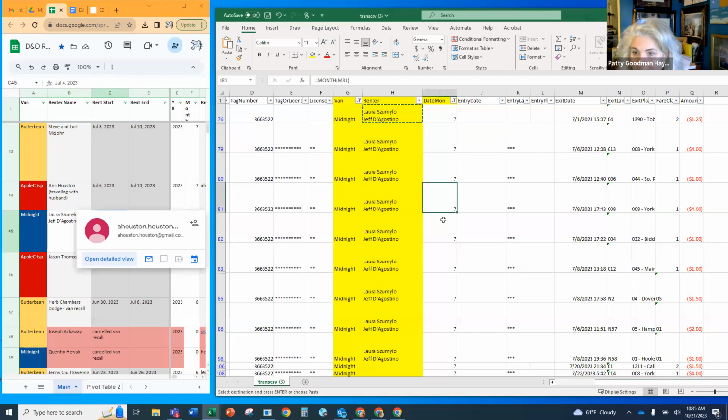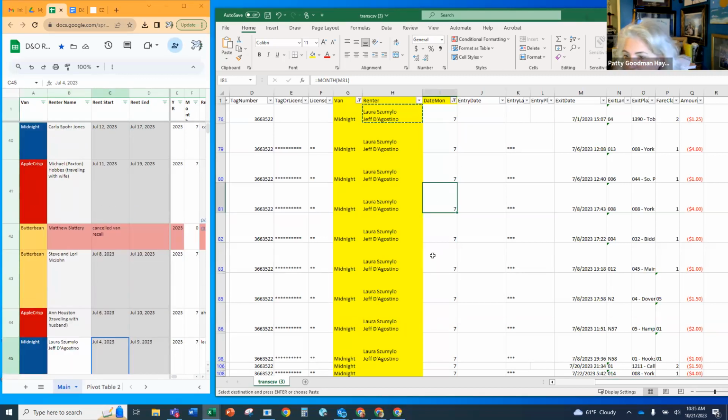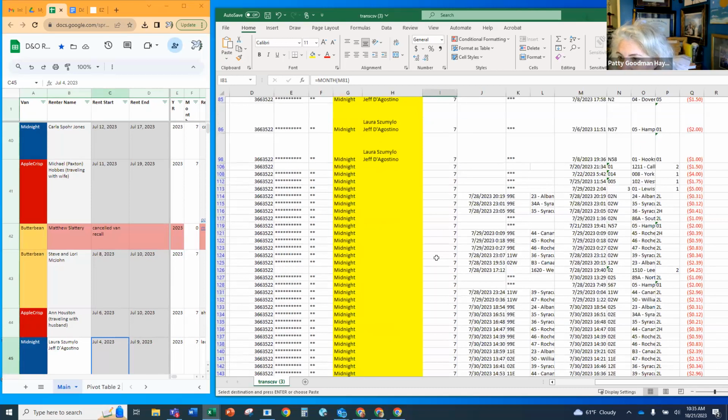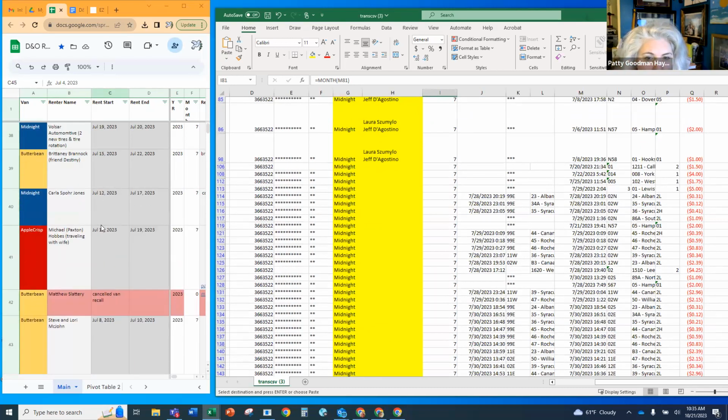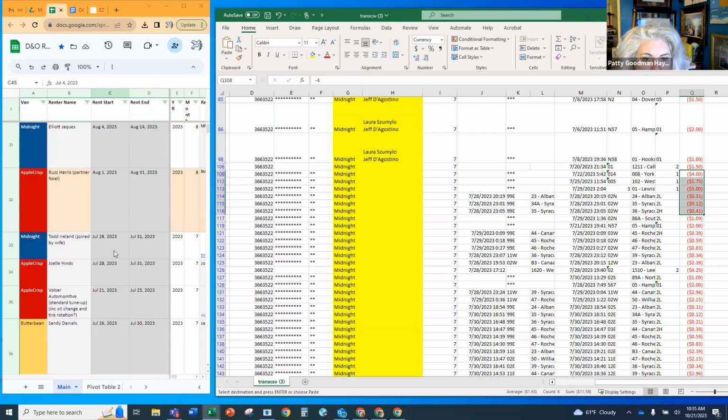And the way that you're basically going to do that, let's see if we have somebody so I can do it real quick. 12th through the 17th now. 21st through the 28th. $11 now. 28th